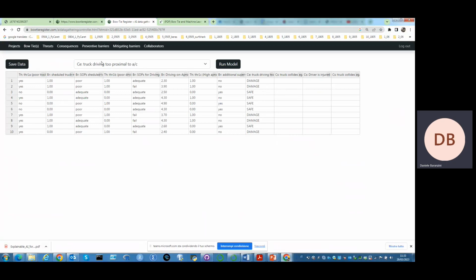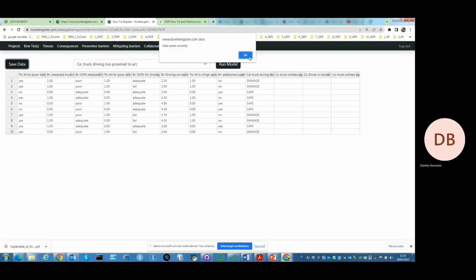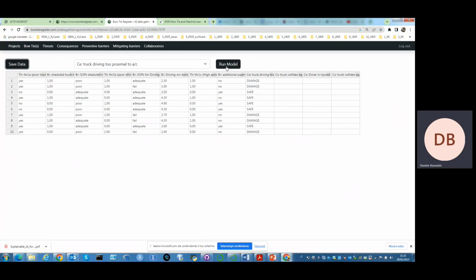One is driving too proximal to the aircraft and damaging it, or being safe when driving around the aircraft in the turnaround process in general. So if you save this data set, you render the original